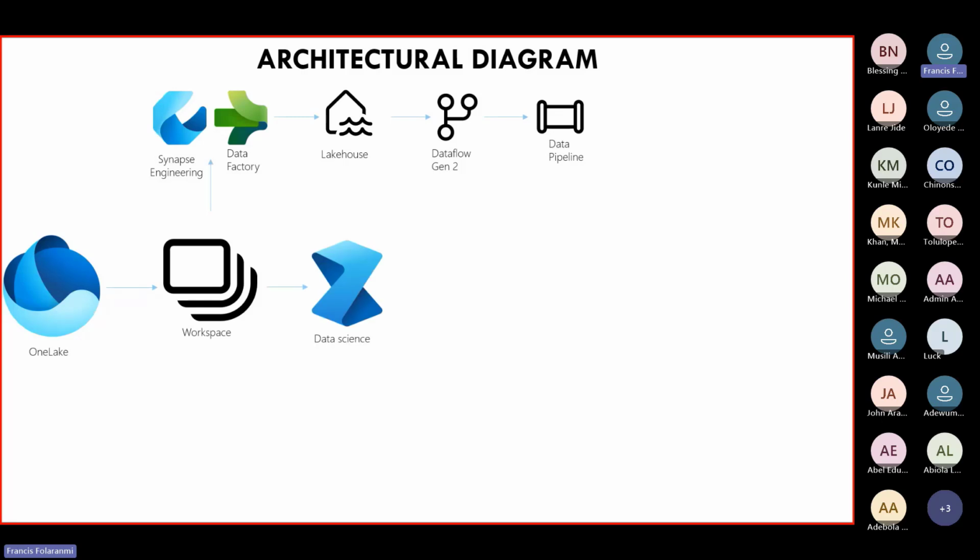Then you can switch to a data science experience, where we still have access to the lakehouse, and from there you can use a notebook to write your code, either PySpark or whatever code you want, to build your machine learning model. For that, we are going to be doing some time series forecasting. Remember, I had said we are going to be checking how peaceful our world was 10 years ago, how peaceful it is right now, and where we are going to be in the next couple of years.